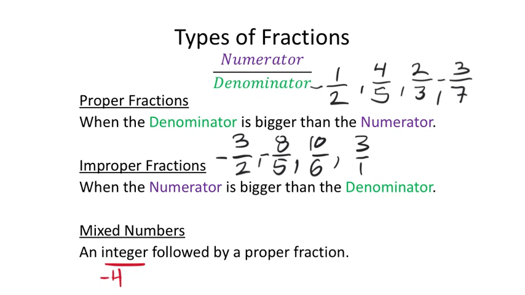Right there. 4 3/4. Yeah, so that would make it a mixed number now, though, right? So -4 is the integer, and then if it's followed by a proper fraction like 3/4, that now has become a mixed number. That's it. Yep. Now another common mixed number, again, I'm just kind of throwing stuff out there, 1 1/2, fairly